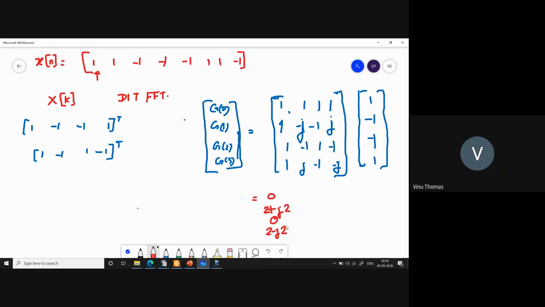Later we will think of an easy way to write the rest. Once you compute up to this, then you will be able to write the rest. So we will see some properties which you can make use of, when your input signal is real. We will see certain observations that will help you to write down the values very fast. So the first value will be 0. The next will be 2 plus j2. You have to find the next value, and you will see that this will be the conjugate of this one. So we can make use of that later. Now let us make the calculations at least initially, and then we will use some shortcut.